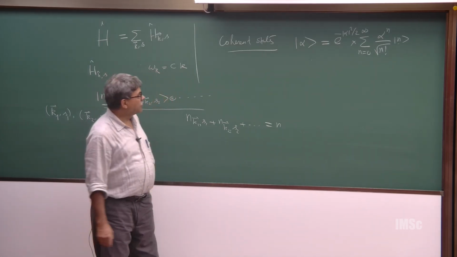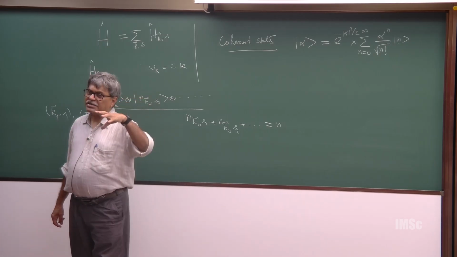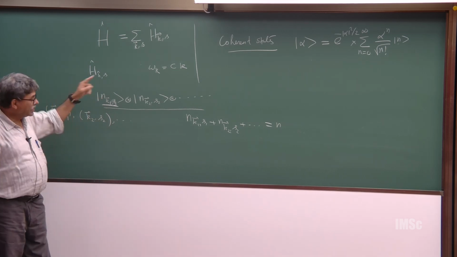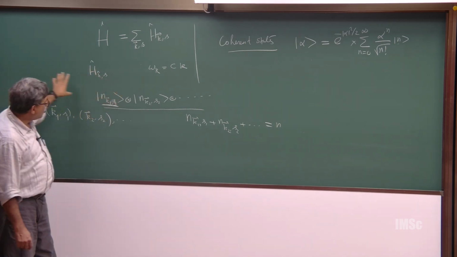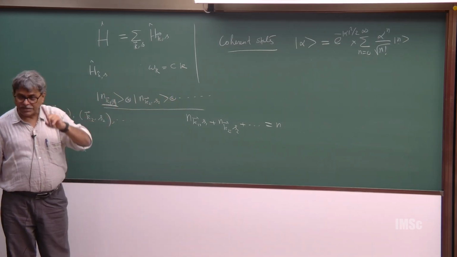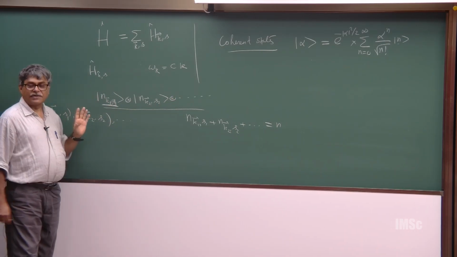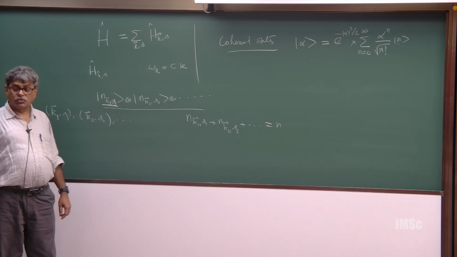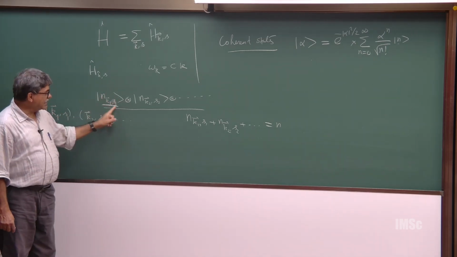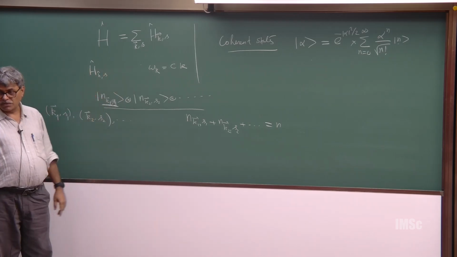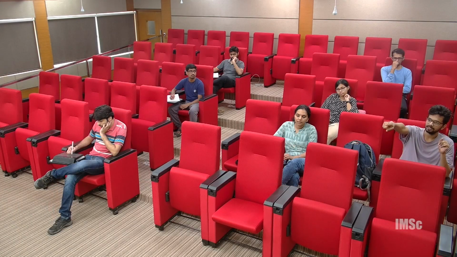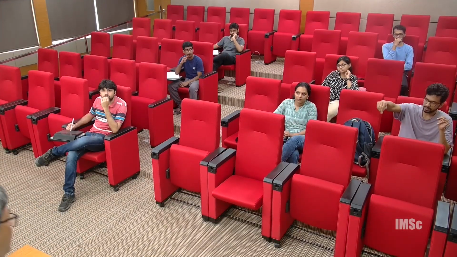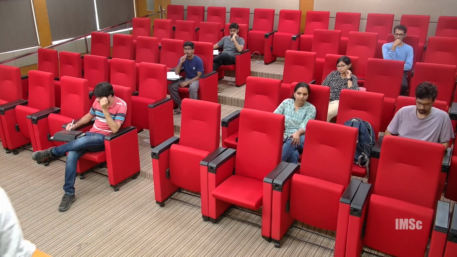So, n is what? 0 to infinity. So, n is your energy eigenstate for the harmonic oscillator. No, this is the single mode case. I am talking about now single mode. This is all the modes together. Now, I concentrate on single mode. Okay. So, for one k 1 and one s 1, yes. No, no. When I say single mode, your k is fixed, s is also fixed. Then it is one state. In that mode, there can be 0 photon, 1 photon, 2 photon, 3 photon. Okay.